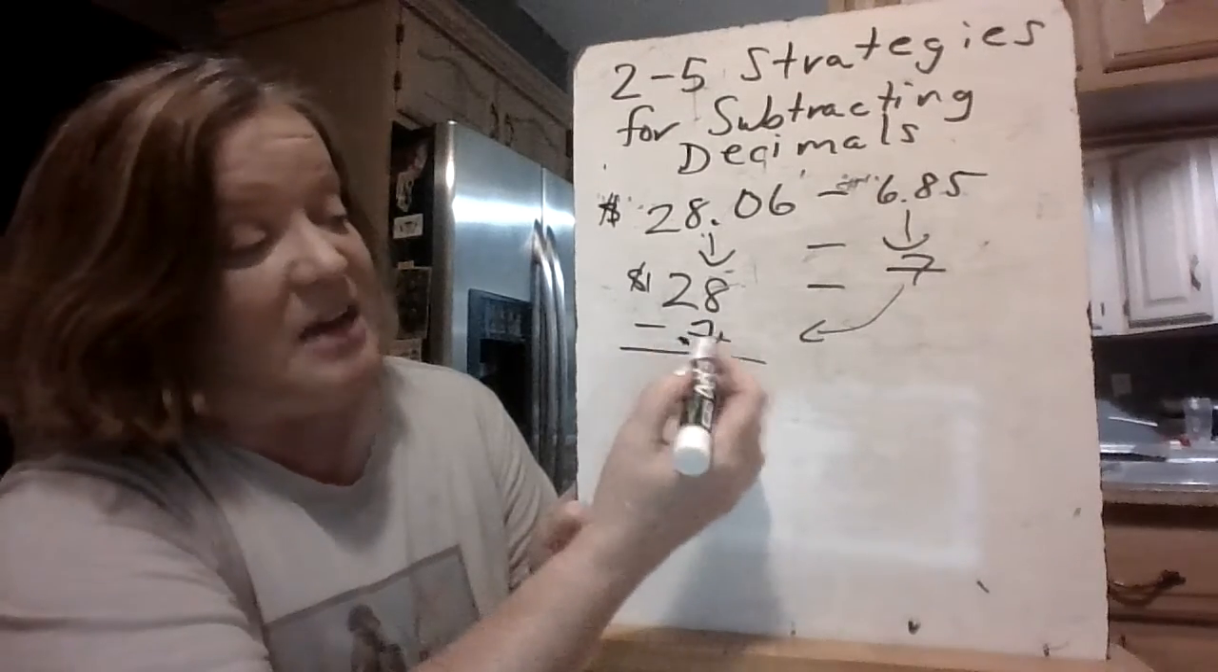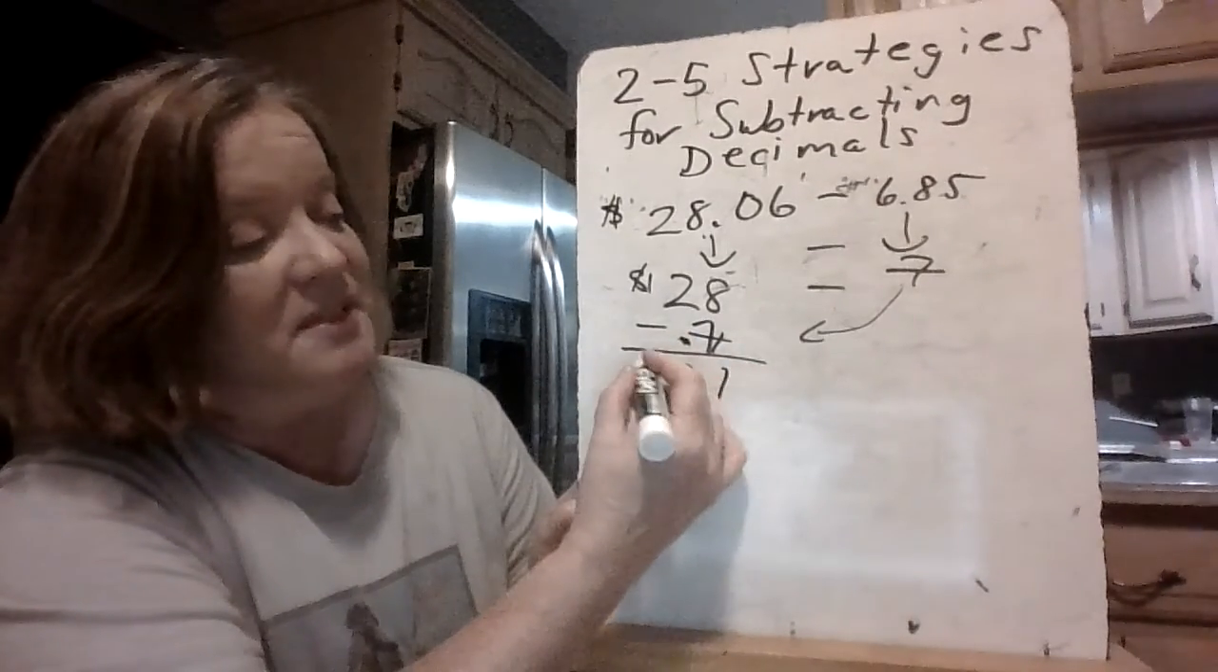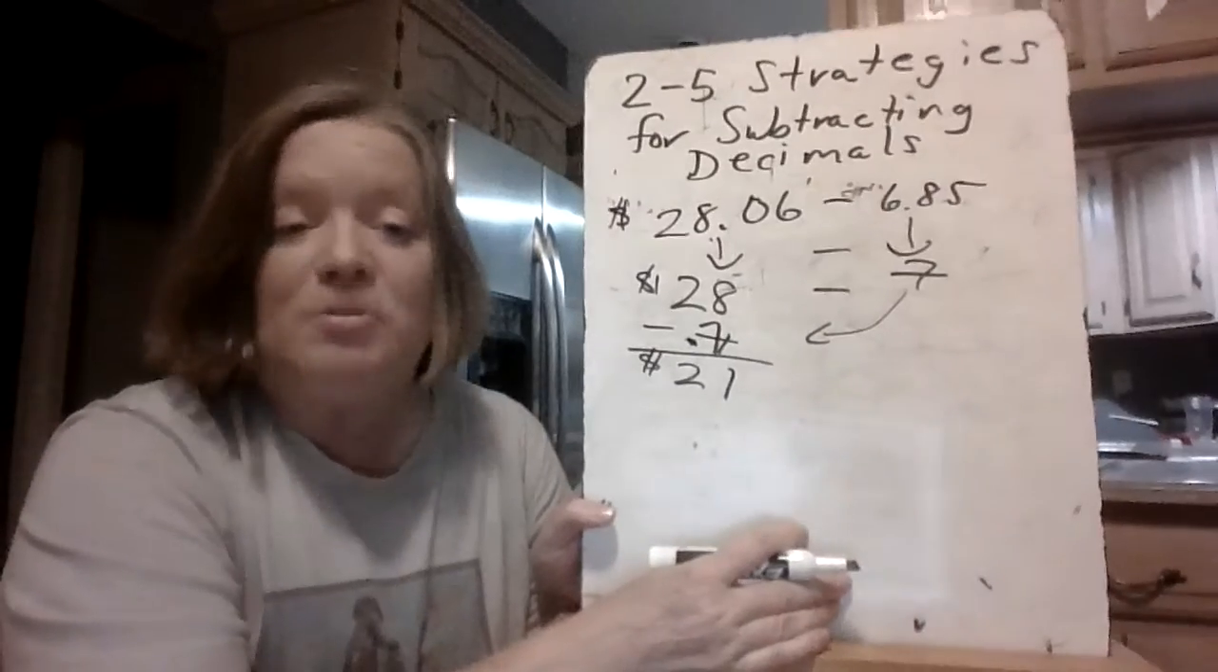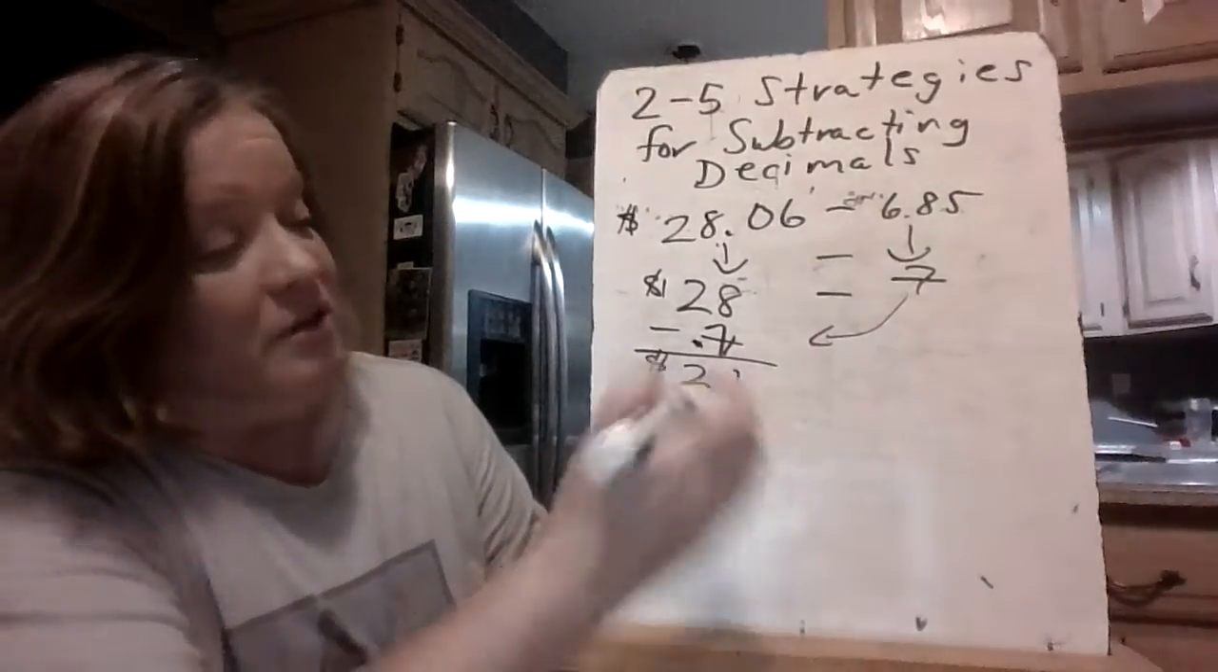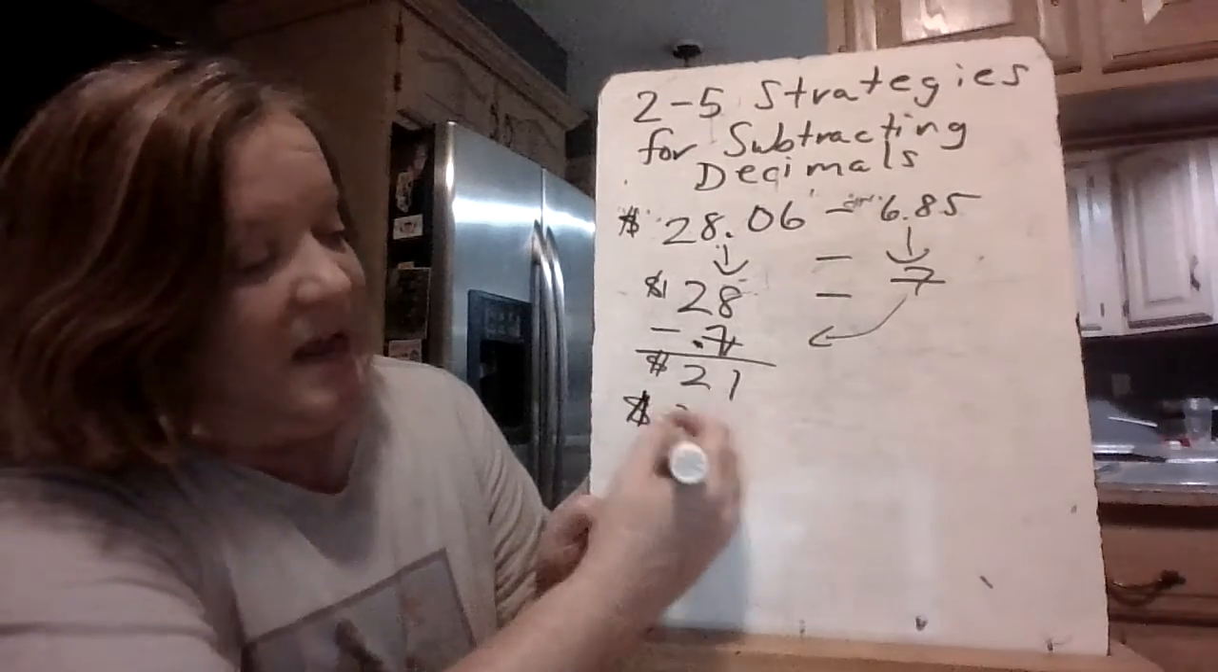7 from 8, or 8 take away 7 is 1. My 2 comes down. So my answer should be in and around $21. Okay? Let's take a look at the real thing. If I've got